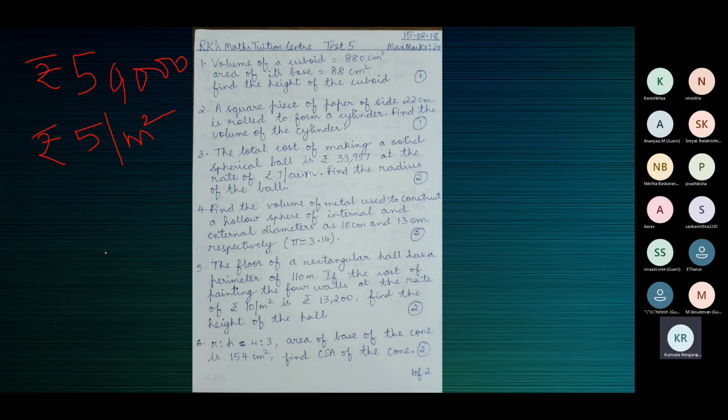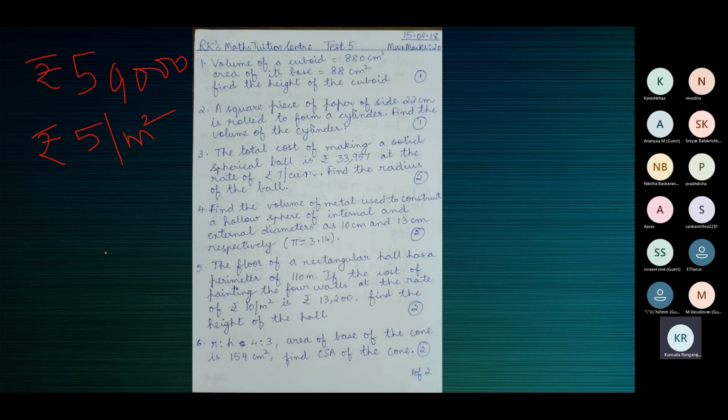The painter and you have agreed for 5 rupees per meter square, before starting the work. You've agreed to pay the painter at the rate of 5 rupees per meter square. He is also happy with that. And your total expenditure is 50,000 rupees. At the completion of the job, you pay the painter happily 50,000 rupees. So total cost 50,000. Rate is 5.